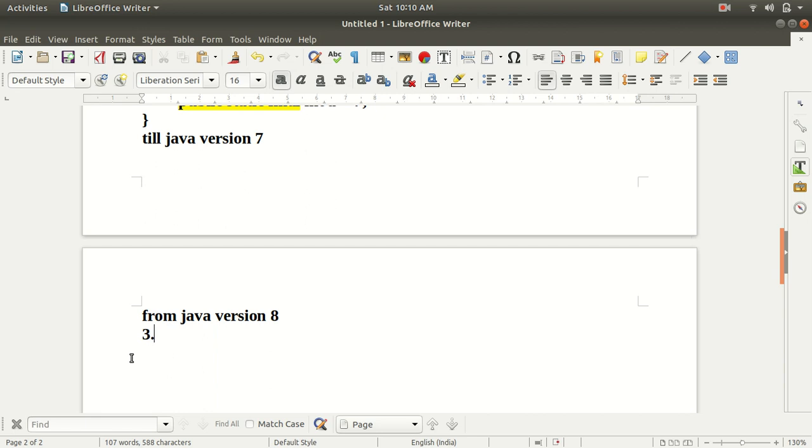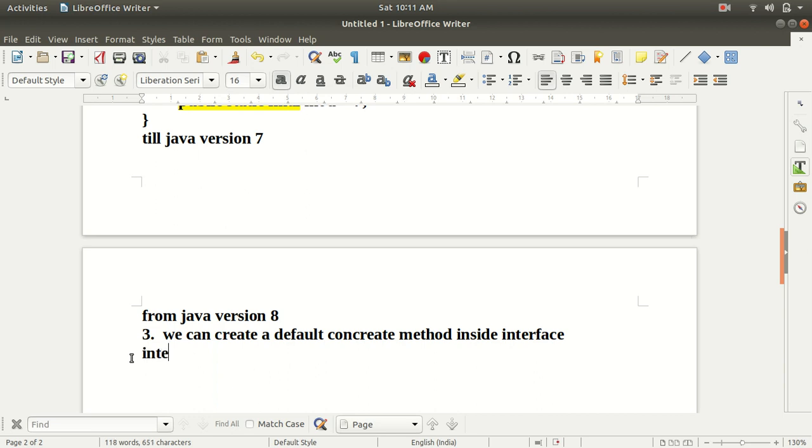After the Java version 8 we can create a default concrete method inside an interface. So guys, after Java 8 version we can create a default concrete method inside an interface.